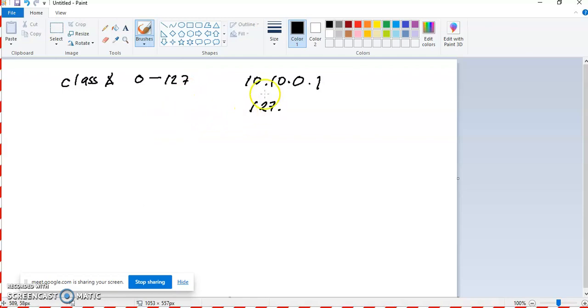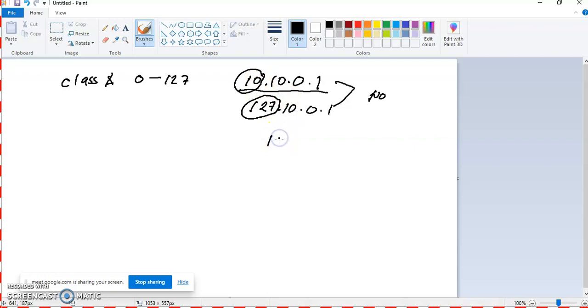So, sir, kunyari, magbutang ko na yung 10.0.1. Is this two on the same network? The answer is no. They are not on the same network. Because if you could see, the first one represent the network, right? They don't have the same network. But if I write it like this,